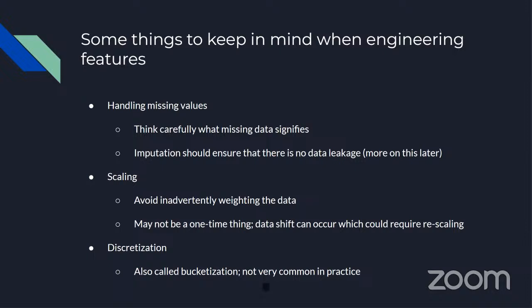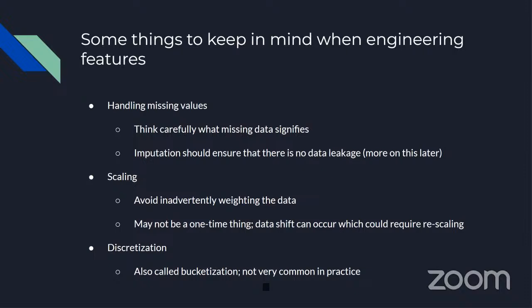Although there are ways that the model can intelligently handle it, depending on which model you're working with, sometimes it's better to handle that manually. And also, sometimes if the data is missing, then that might mean that's information in and of itself. Maybe you don't want to fill it with some random data. And also, when you're filling the missing rows with, let's say, the median or mean value of the entire column, you might want to be careful doing that, because if you're using the entire population to come up with the statistic that you're using to fill the missing values, then you might be